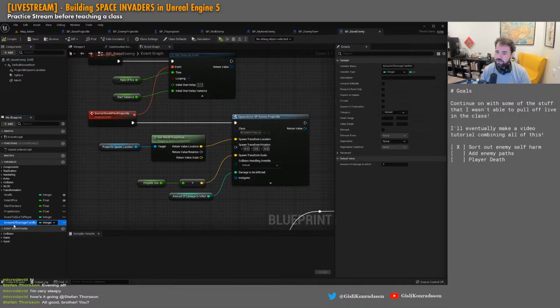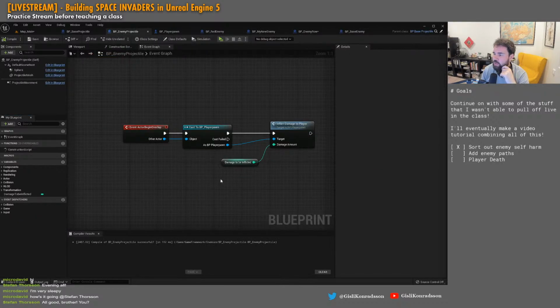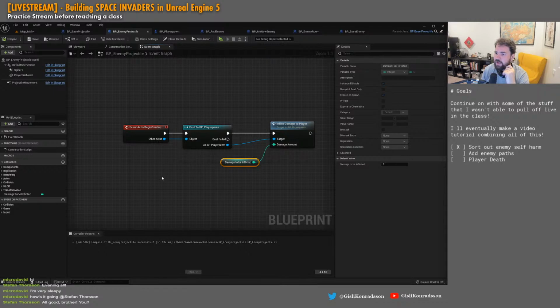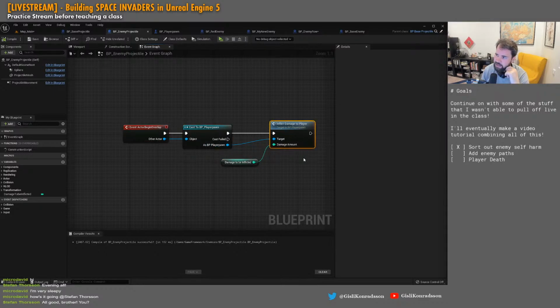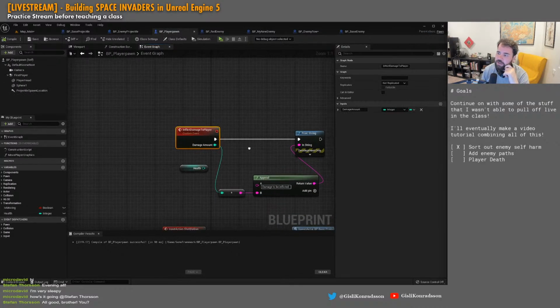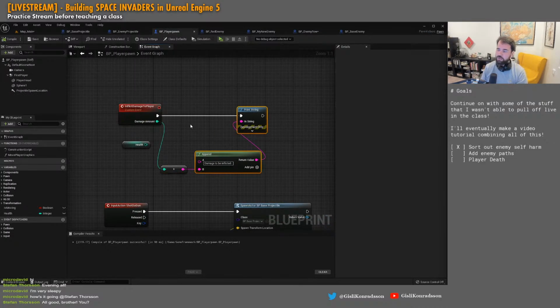We created an amount of damage to inflict to the player, and whenever we created a new projectile, the projectile would actually take in the damage to be inflicted, and then the damage to be inflicted is available in the projectile. So let's take a look at the enemy projectile. We use the damage to be inflicted when the projectile hits the player, and we tell the player to inflict damage to player. And right now we are just